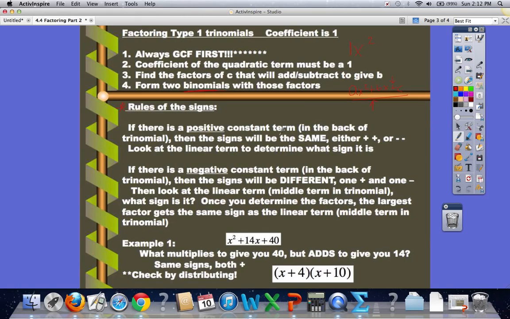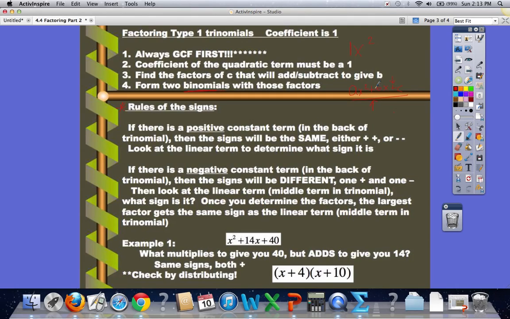Now, if there's a negative constant term, so a negative back here, all right? So that means that the signs are going to be different. There's no other way to get a negative except for multiplying a positive and negative number. So you have to have a positive and negative sign in your answer. Then, to tell which one gets which, you find your two factors, and the largest of the two factors will get the sign that's in front of the linear term. Okay? Once you determine those factors, the largest factor gets the same sign as the linear term,